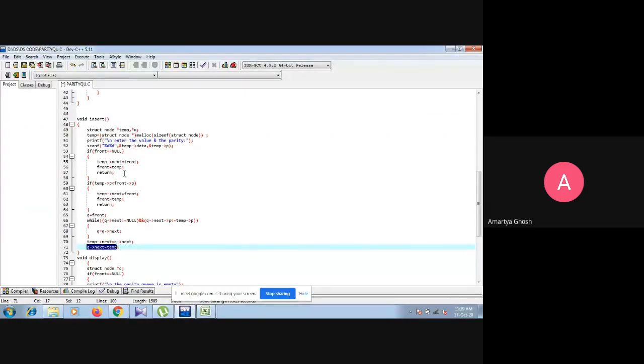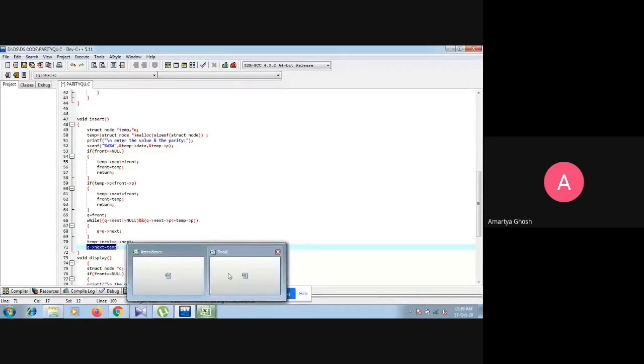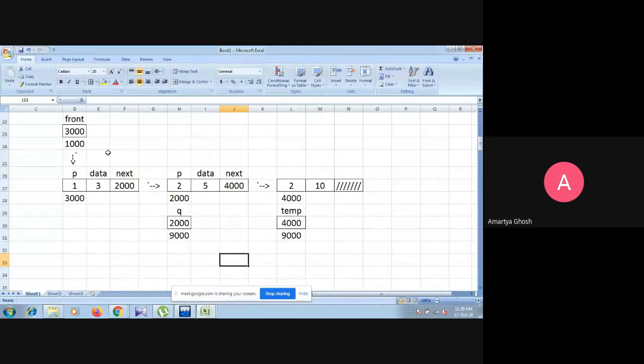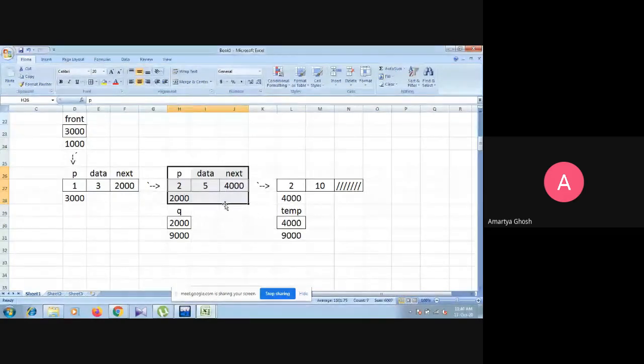So this is the insert operation, and delete operation is very easy. Delete operation is very easy because according to the queue, we always delete the first node, because delete means delete from the front position. We know front will be plus plus, that is what we did. So here the node at the front position will be deleted, and the next of the front node will become the front node. After deletion, who will be the front node? The next node of the front node. So this is delete from the first node basically and nothing else.